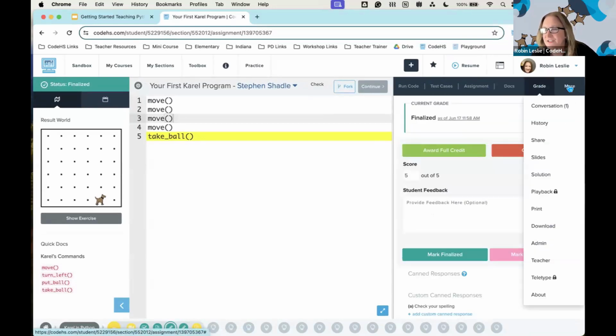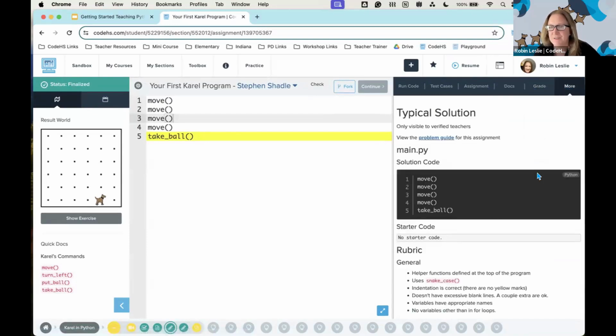So as a teacher, for sure, you're going to want to look at the solutions. If you're a first-year teacher, absolutely. And the solutions are there for teachers as well. And I will give you a little hint. When I was doing APCSA, which uses Java, I would take a picture of the solution code with my phone and I would have my phone sitting on my podium so that I didn't get lost when I was going over it with students.